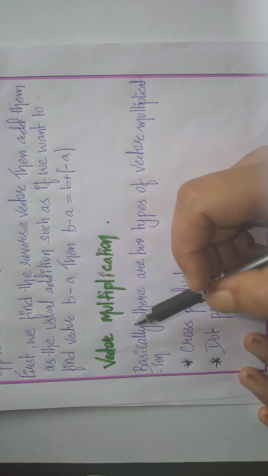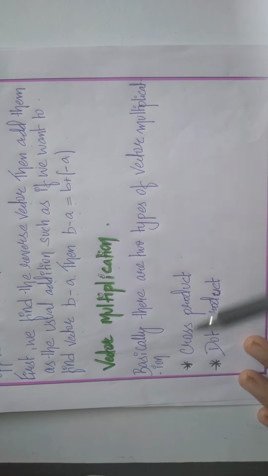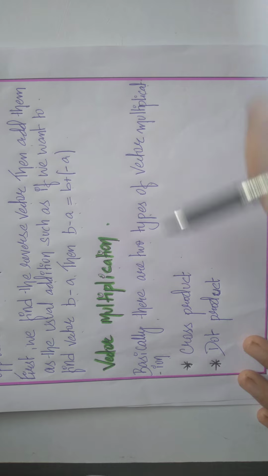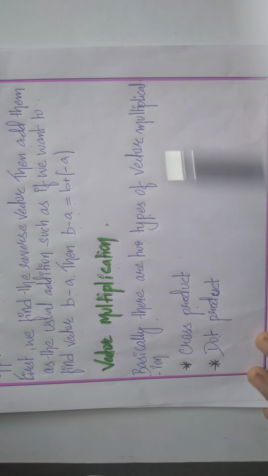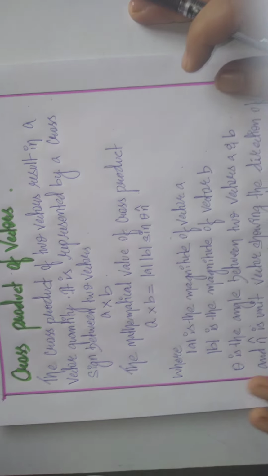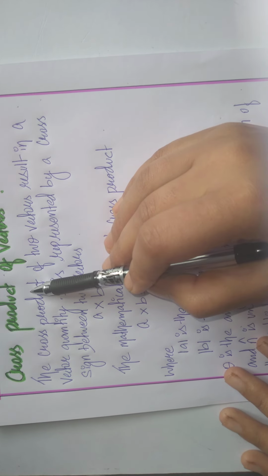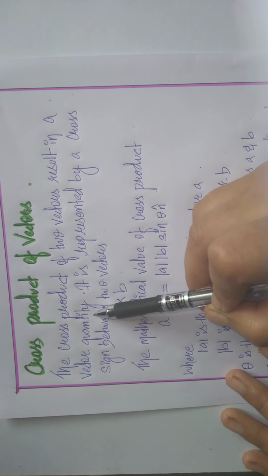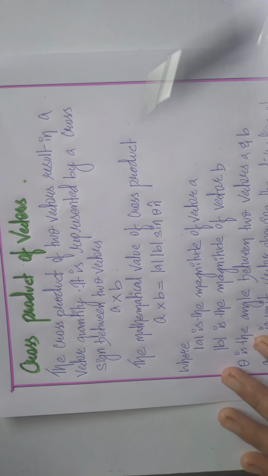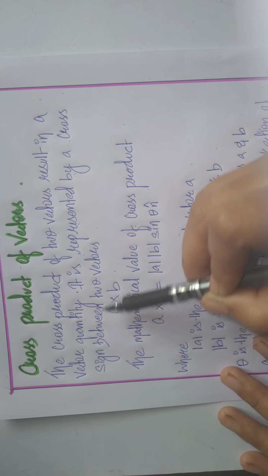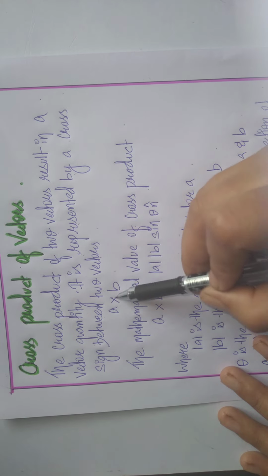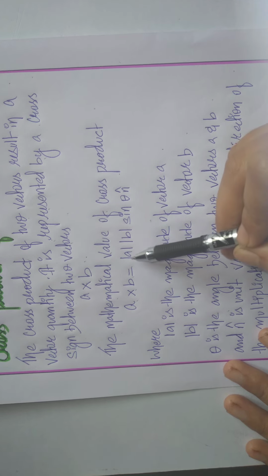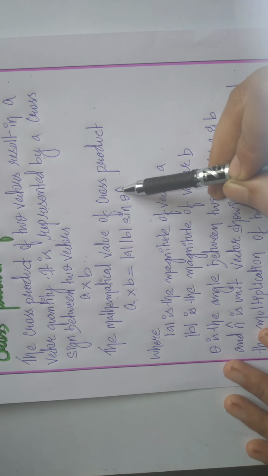Now the next topic is vector multiplication. Basically there are two types of vector multiplication: one is the cross product and another is the dot product. Now let us see what the cross product is. The cross product of two vectors results in a vector quantity. It is represented by a cross sign between two vectors. The cross product A cross B equals mod of A, mod of B, sine theta, n cap,